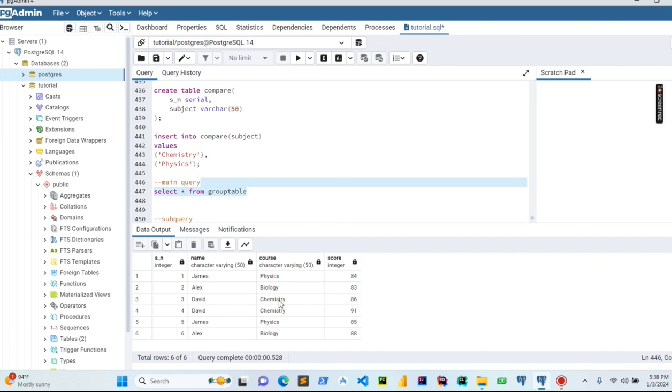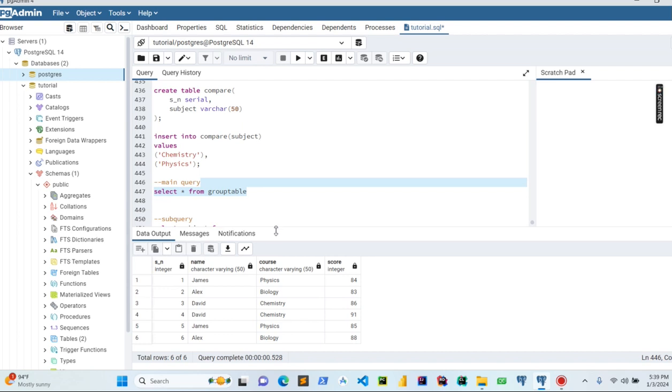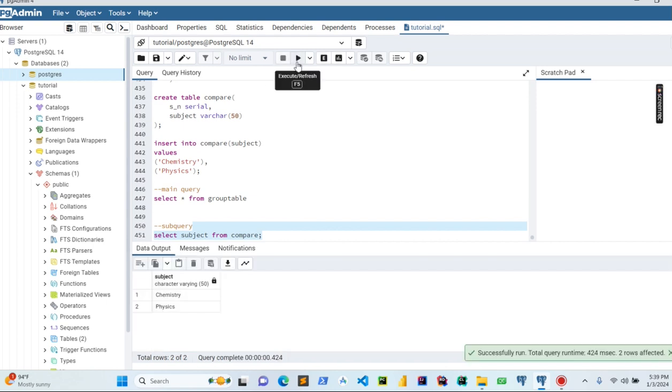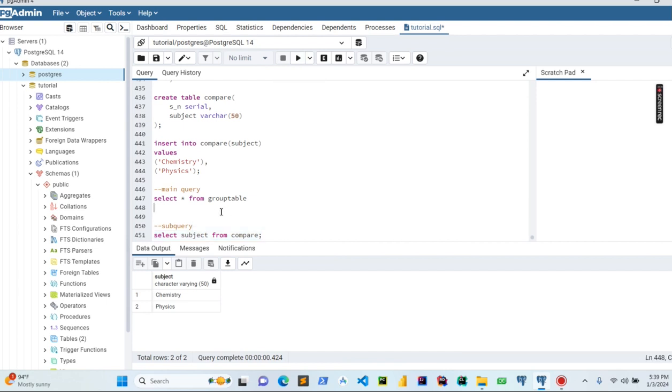Alright, so now we want to look for people that offered only physics and chemistry, because that's what my subquery is returning. It's returning only physics and chemistry. If you run that again, you can see that. So I want to be able to return values of people that offered only physics and chemistry using my main query and subquery. And you just come here and say where. So I will run that again so that I'll see the column that we want to use. So where course